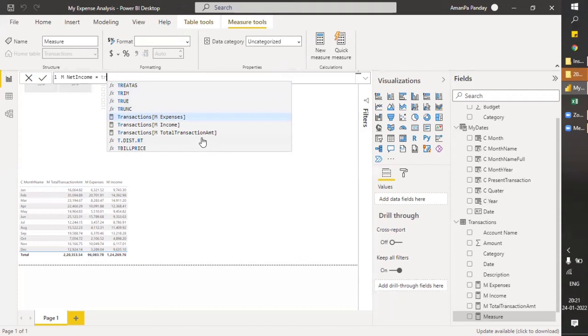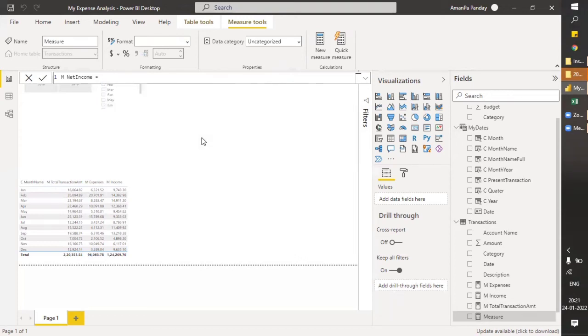But if you're using a measure, the best practice is to just not mention the table. Okay, and this is my income minus expense. Just hit enter.